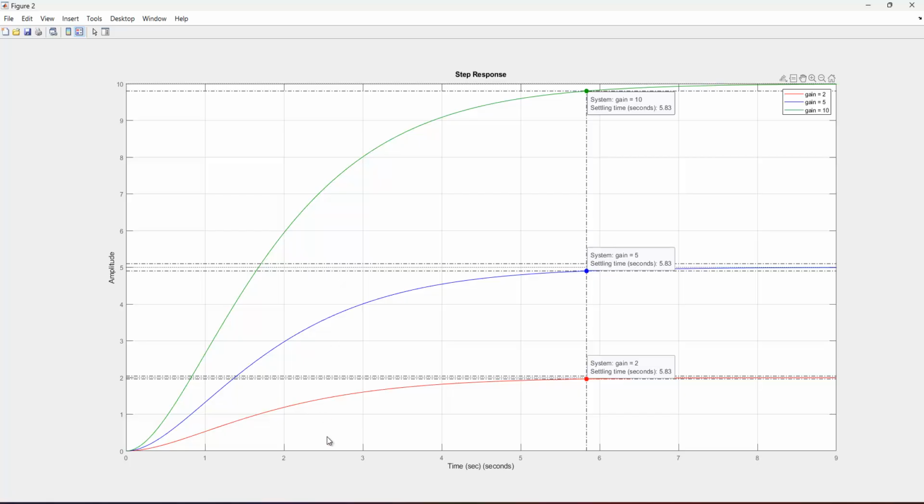So we can have a higher gain response at the same time value on this system, but the settling times are always equal with the same overshoot ratio values of this system. Okay,